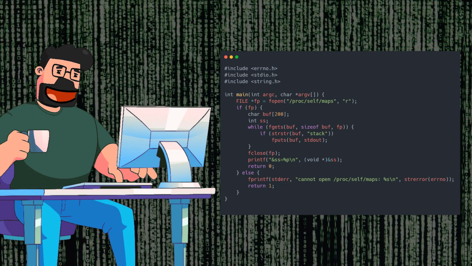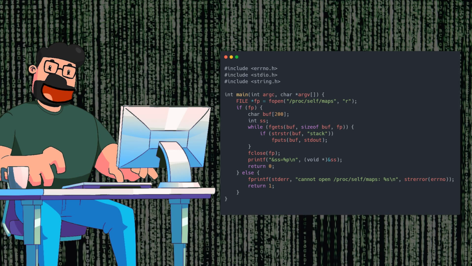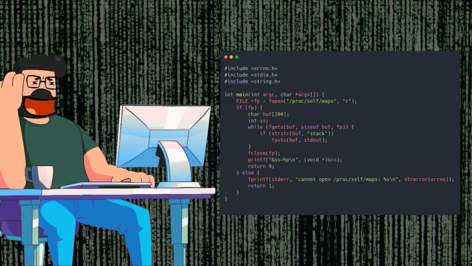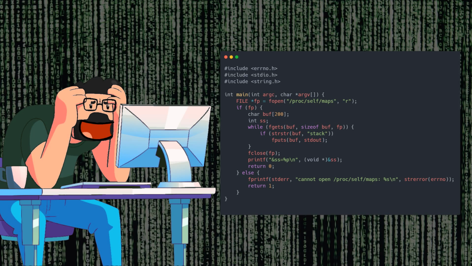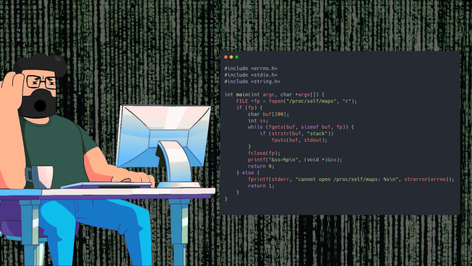To further solidify our understanding, we've enhanced our program to directly read and display the stack information without relying on external commands. This streamlined approach offers a clear insight into the stack range and the precise address of our variable, reinforcing our grasp on the memory layout. By accessing the stack details internally, we ensure accuracy and eliminate any discrepancies, providing a comprehensive view of the memory